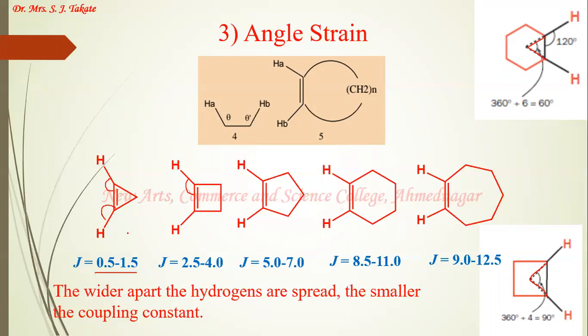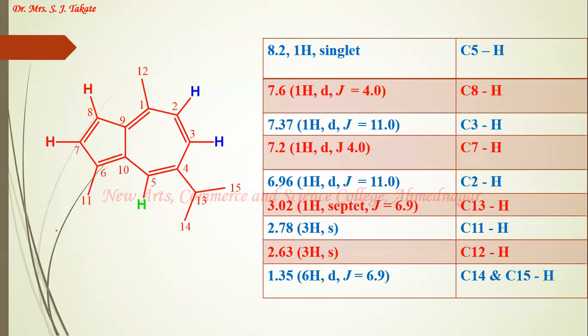So this trend in the increase of the cis vicinal olefinic coupling constant value in cyclic olefins is very useful in structure determination. This is one natural product which has a 7-membered ring fused with a 5-membered ring. The two rings each have one pair of protons which couple with one another. The protons present on carbon atoms 7 and 8 couple with one another, and the protons present on carbon numbers 2 and 3 couple with one another.